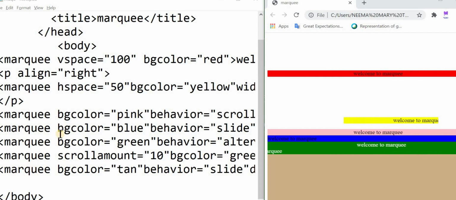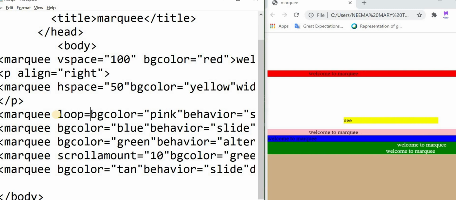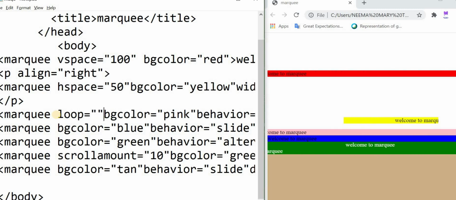We can decide how many times this action should repeat. For that, the attribute we are using is loop. Here I am giving loop equal to 5.